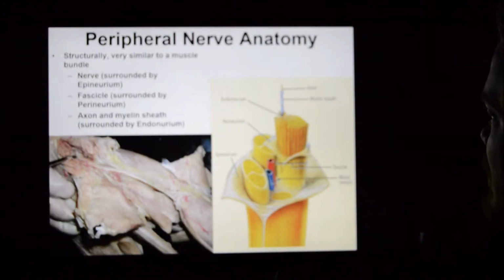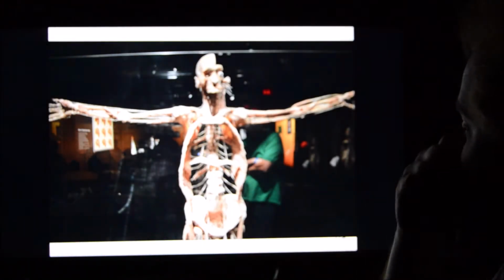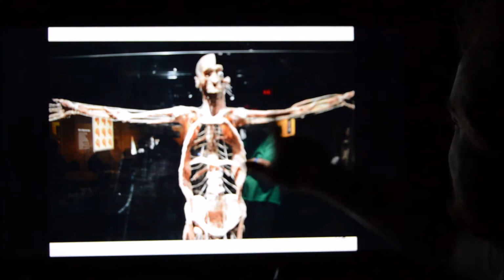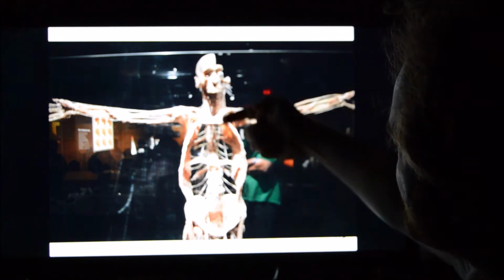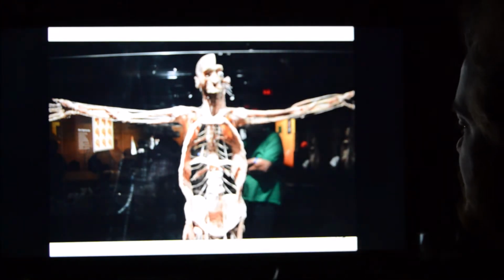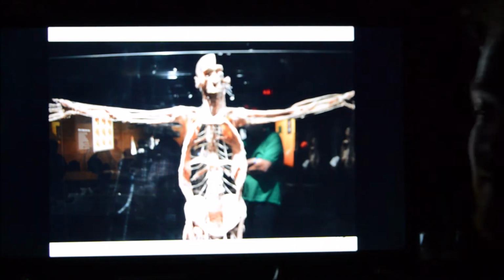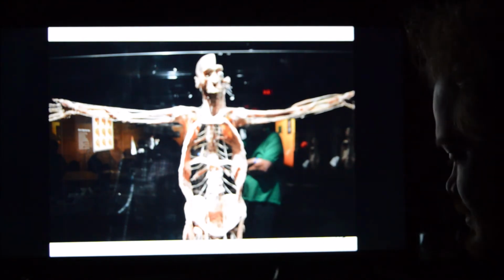Perfect. That's a nerve. This is a beautiful image from a bodies exhibit I went to in Charlotte. What you see here are all the nerves of the body, these major nerves. These are big, macro. You can see the cranial nerves coming down to the diaphragm to innervate the diaphragm here. Just a beautiful thing. Amazing neural connections there. And again, these are macro. They're big, like the size of a pencil. They're not little microscopic things.